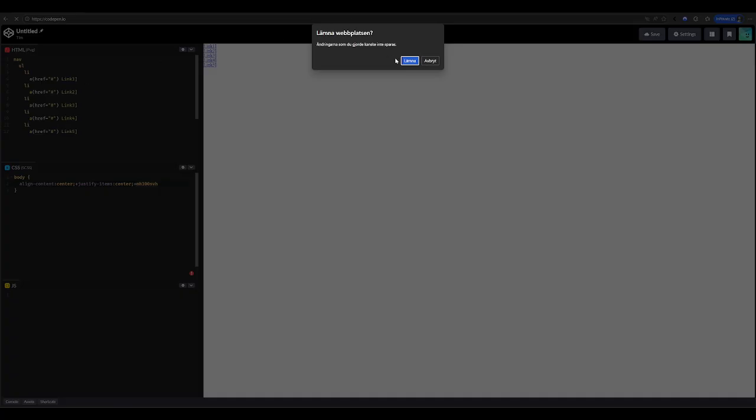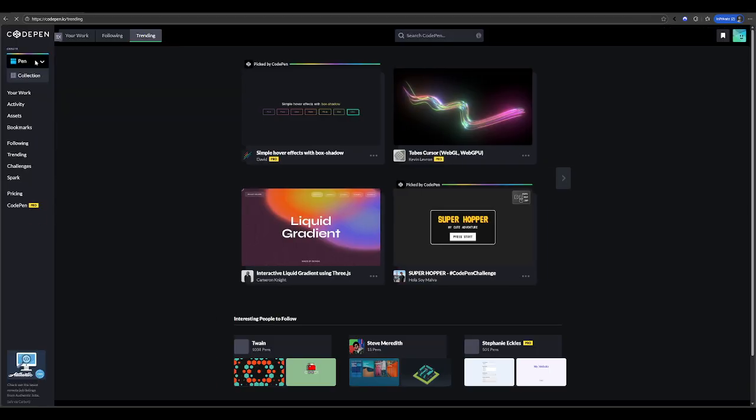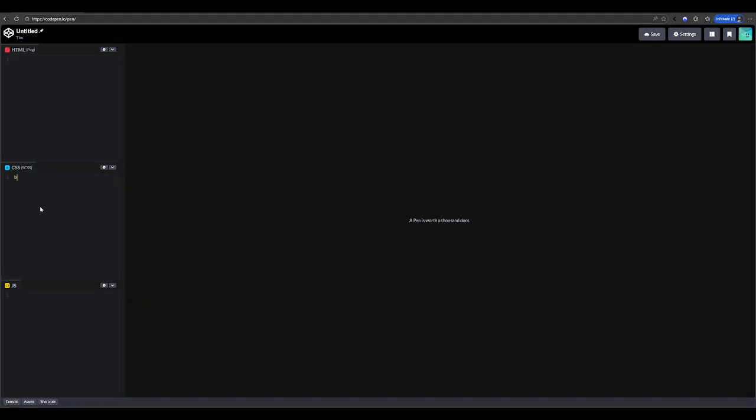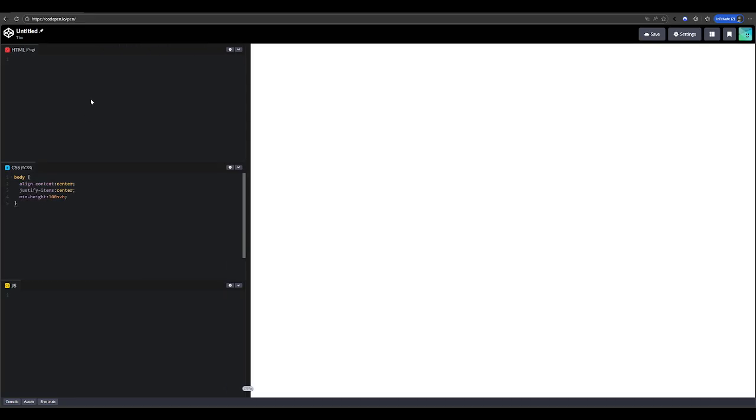So let's just give it a try. A new pen, body, center content, and there we go. So that works. So it's super quick to write your code, and if you don't have this center content snippet, you can just do